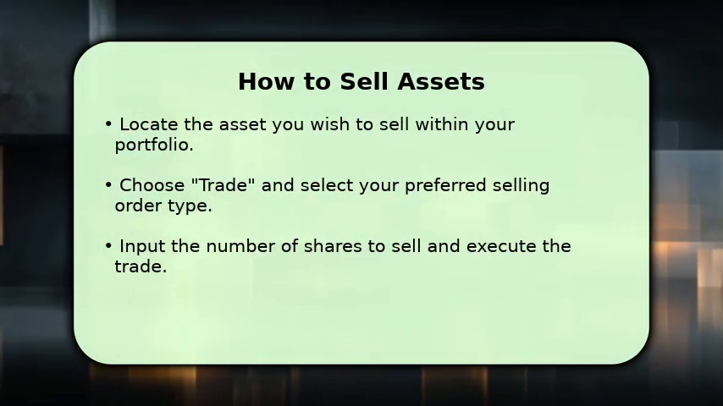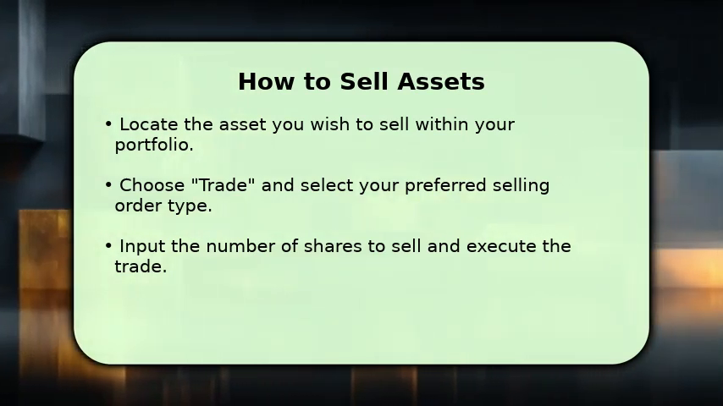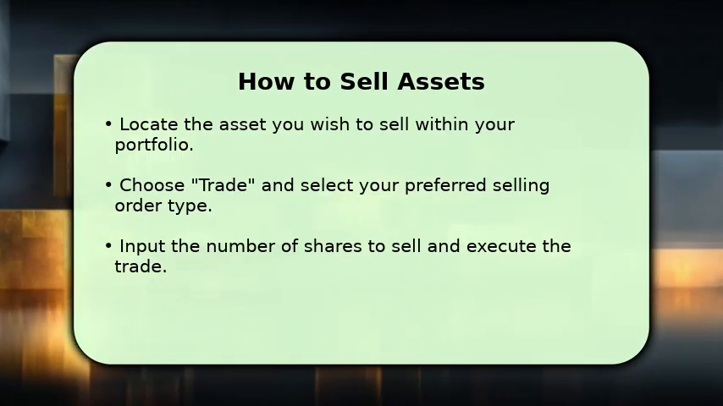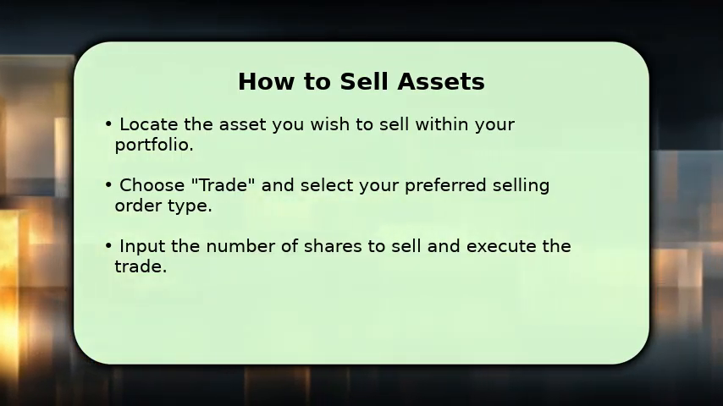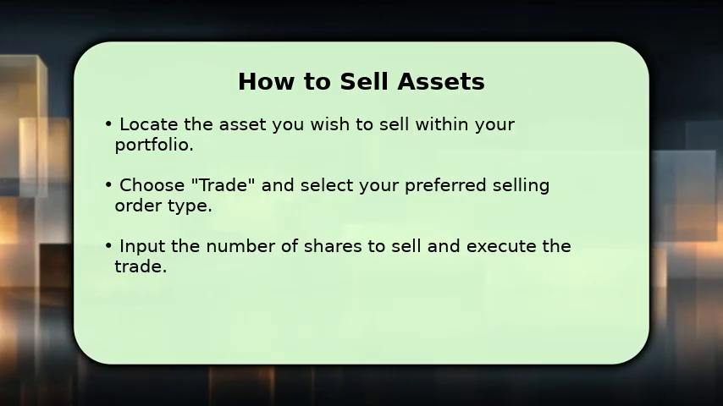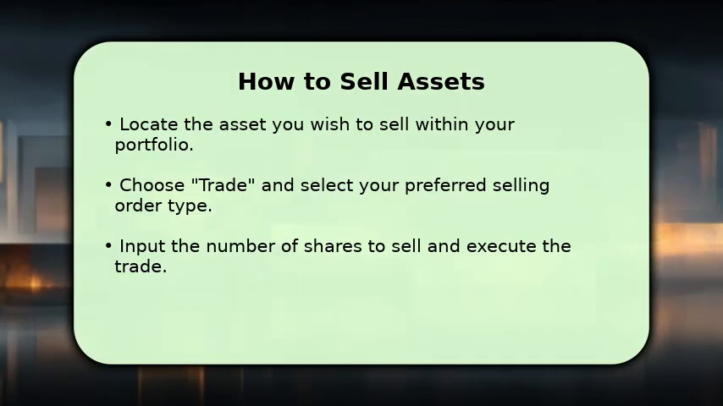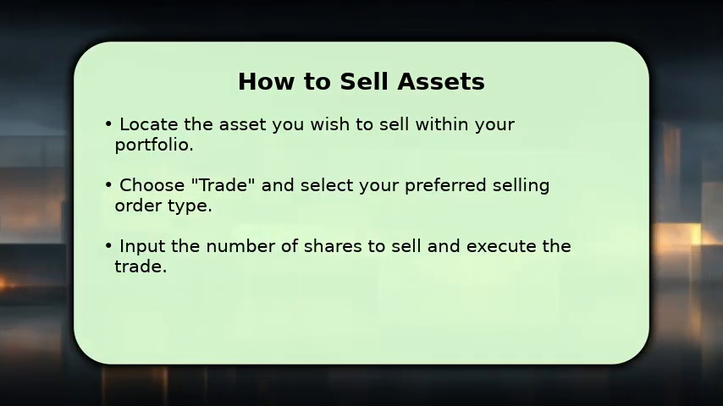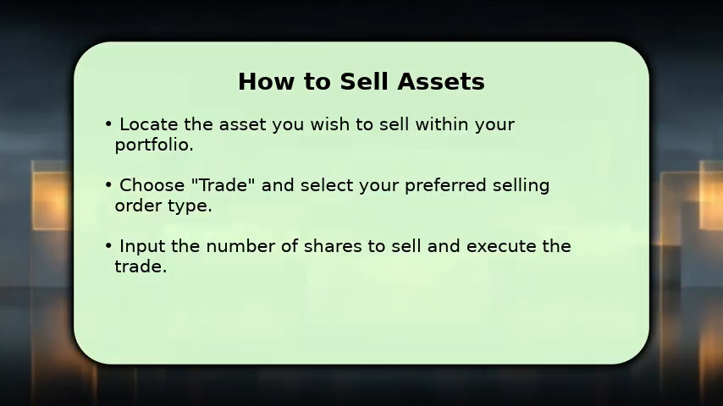Selling an asset on Webull is just as simple. Navigate to your portfolio and find the specific stock or ETF you want to sell. Tap on it, then select Trade. You'll again choose your order type, perhaps a market order for a quick sale or a limit order to target a higher price. Enter the exact number of shares you intend to sell, double-check everything, and then execute your sell